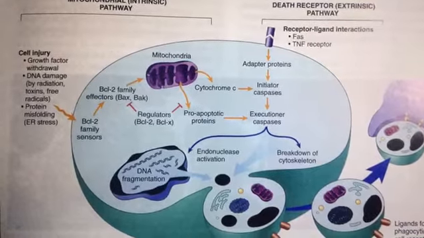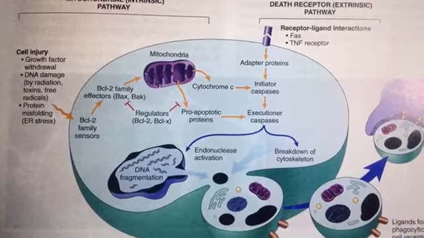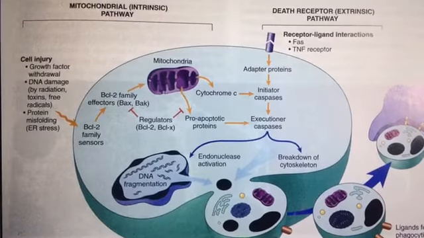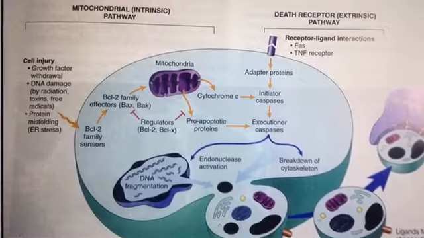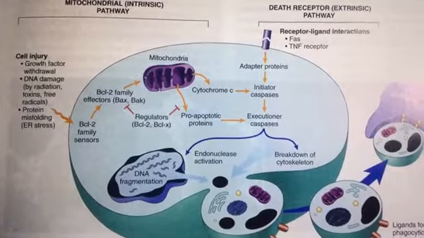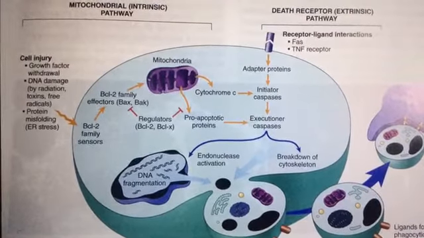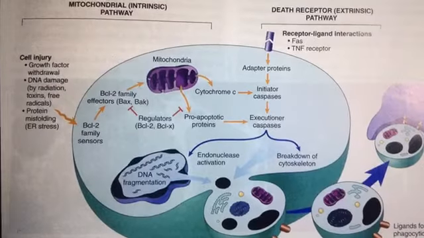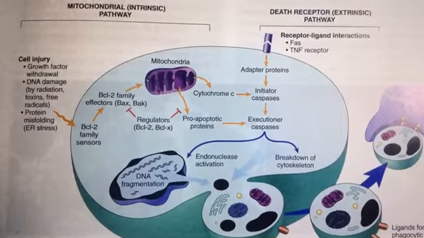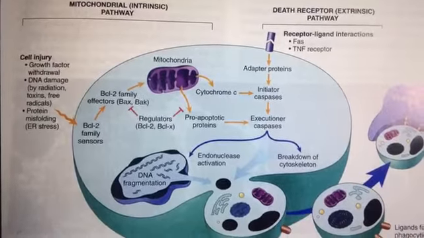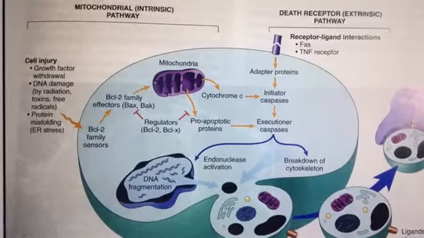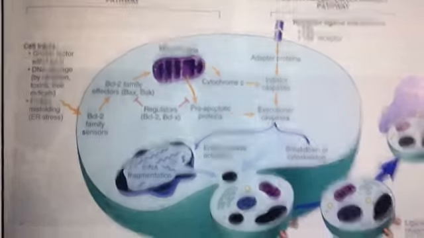Hello everyone. Today we are going to be discussing cell death and the two major pathways by which a cell undergoes death. Number one, we have apoptosis, and the other one is necrosis. In this presentation we are going to be talking about apoptosis, which is a physiological one, the one we need, right? But we don't like necrosis. So we are going to dive into the topic.